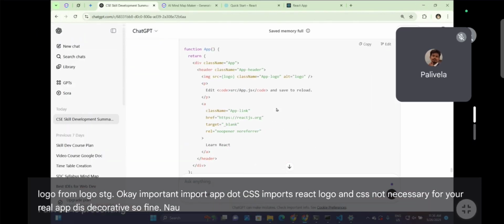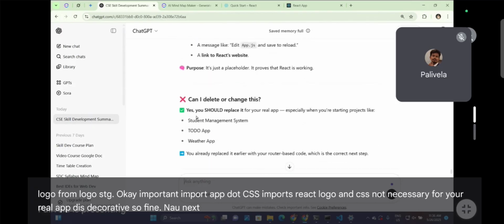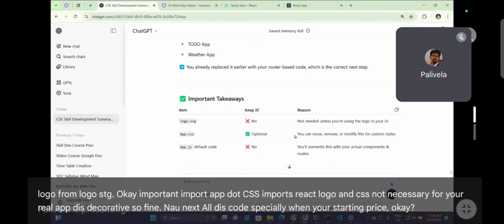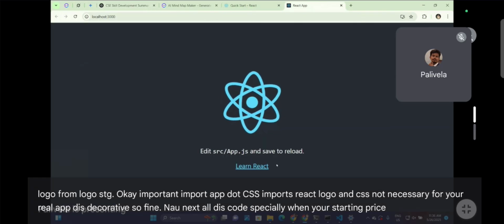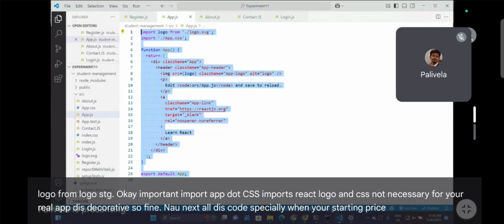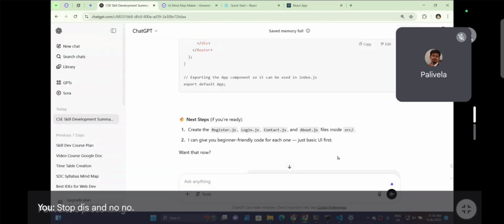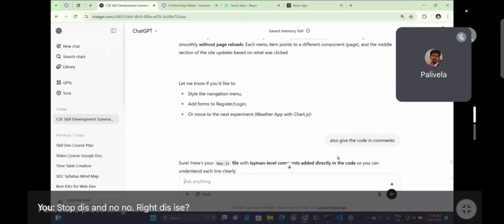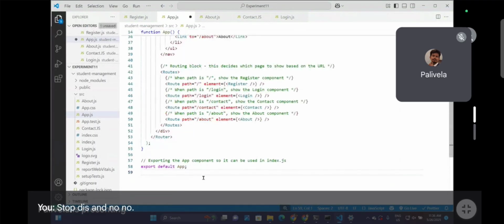Now next, all this code, can I delete or change? Yes, you should replace it for your real app, especially when you are starting projects like student management or to-do or weather app. Okay, so no app.css. Okay, fine, we can do the entire paste of this. And no, right, this is the one we need to copy. Now if I paste it, and before that